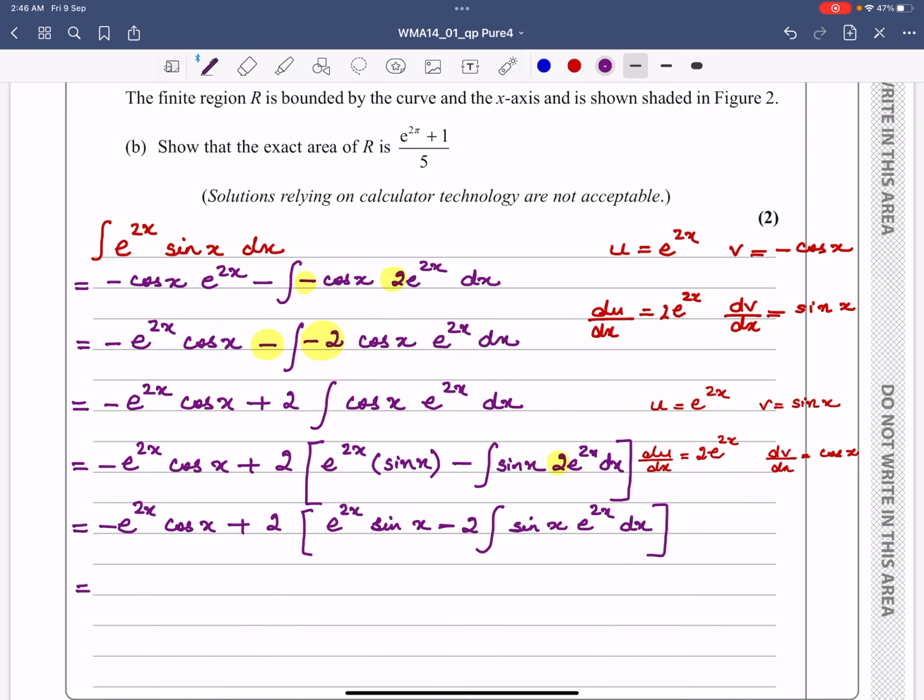So I have minus e to the power of 2x cosine x plus 2e to the power of 2x sine x, and then 2 into negative 2 is minus 4 into integral of sine x e to the power of 2x with respect to x. So I've opened the bracket, and again, if I observe here, I have come back